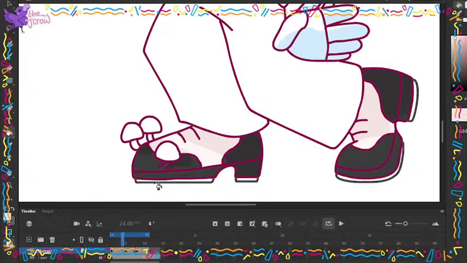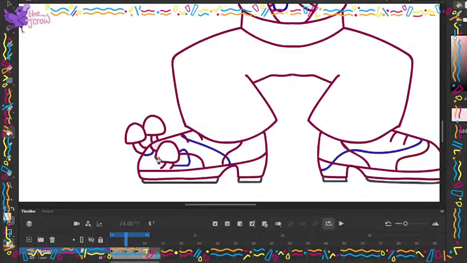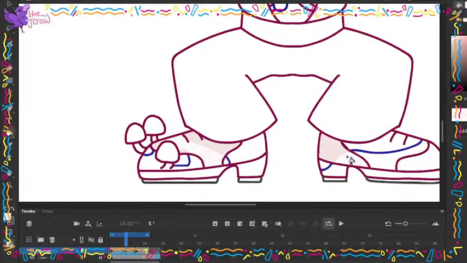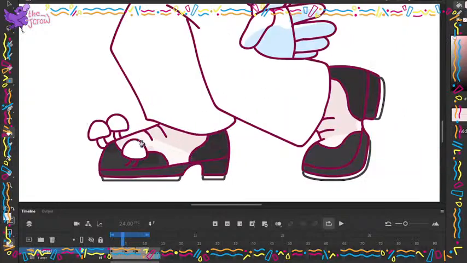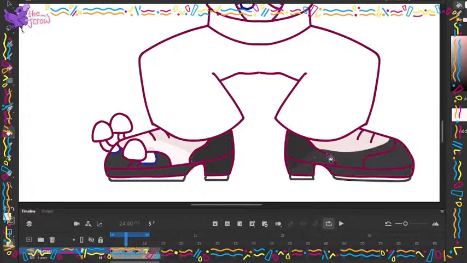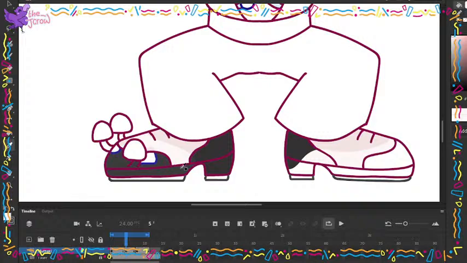Not quite steel toe, but oh, I just colored the wrong bit in those colors. I don't need that bit to be. Never mind. We'll try that again. There we go. Whoops. I'm messing up everything.